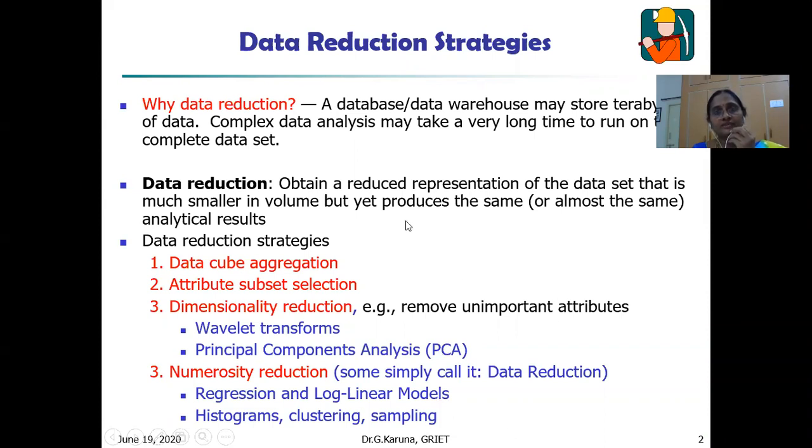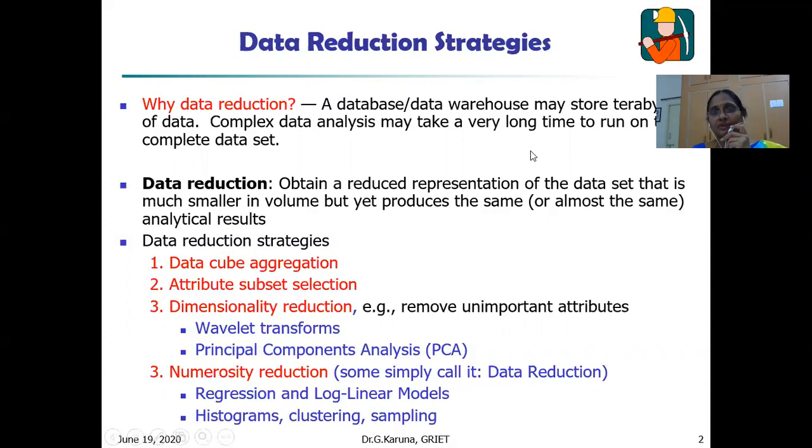Now I'm going to discuss the topic data reduction, one of the data pre-processing techniques. Why do we go for data reduction? Actually, the definition of data mining is the extraction or retrieval of interesting patterns or knowledge from large amounts of data. So we are always considering huge amounts of data for data mining.